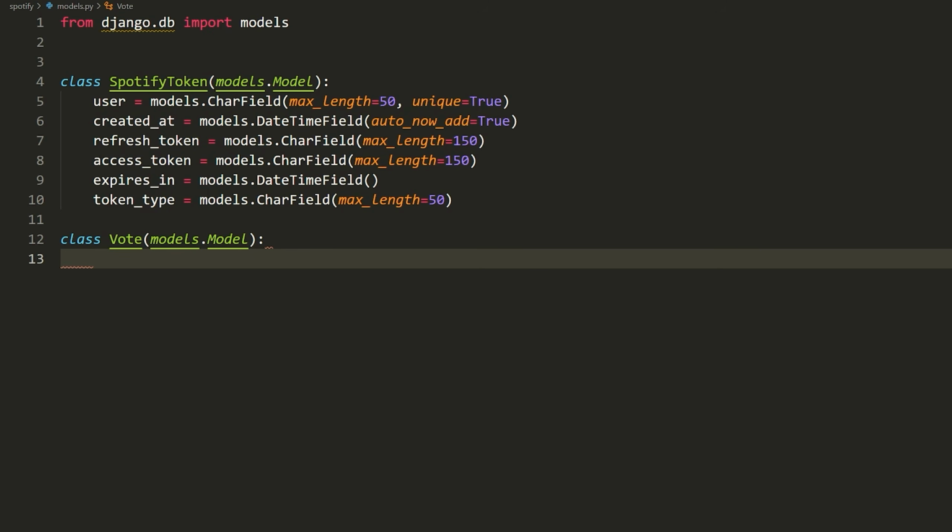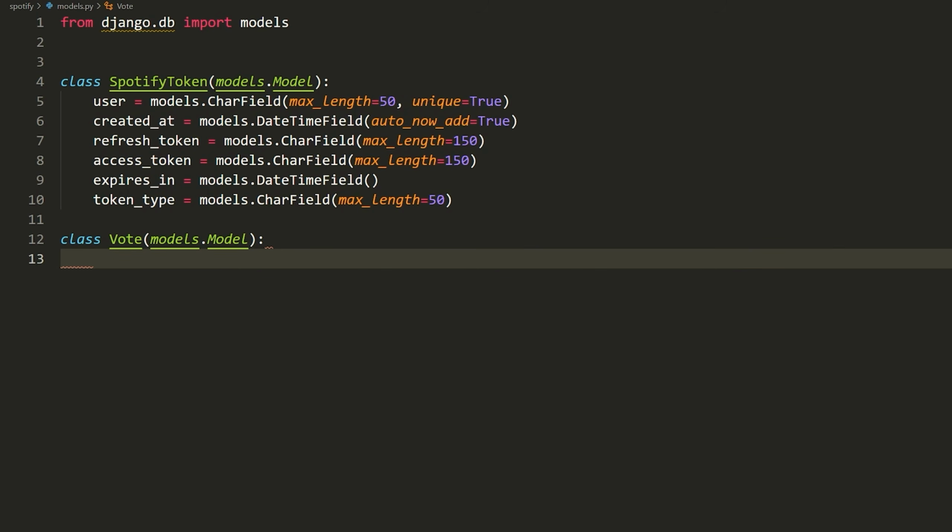And what that means is that we need to store, first of all, who voted, what song they voted for, what room they were in when they voted, and then we ideally should store what time they voted at, in case we want to do any other checks with that. That's why I'm going to put these fields in here, because we need to know the person that voted. We need to know what room they were in when they voted, because obviously this vote is only registered for a specific room.